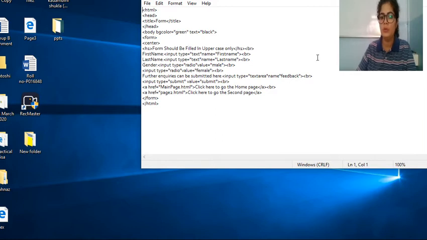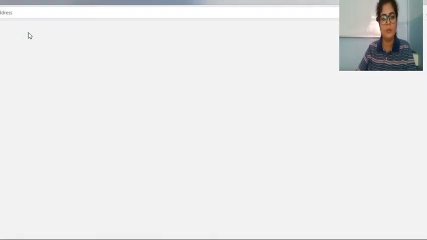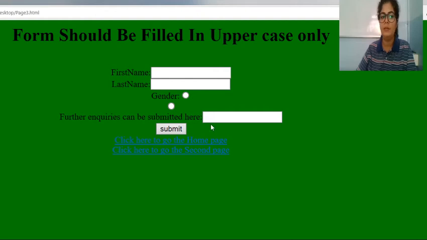So try to check it or find the error, and whenever you make changes, you have to save that file again. You can use save or save as, it is up to you. Then again you have to run that file the same way, and then you can check the output.